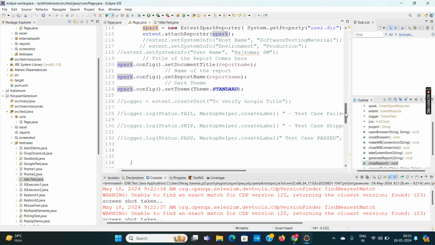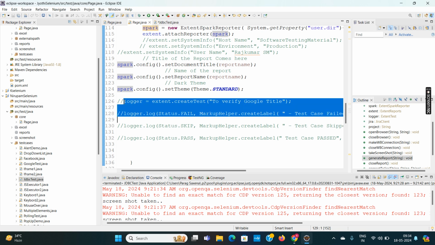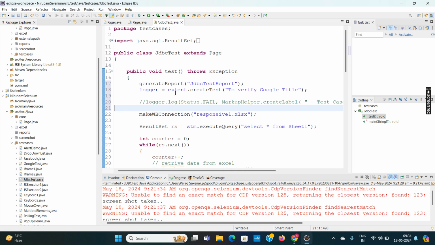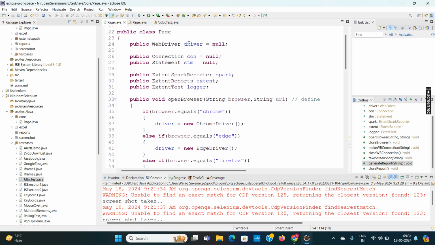So for the log we have to, when we inherit this page.java, I told you all the global variables like driver will be inherited, connection con is inherited. Similarly, this logger, test logger, is also inherited,